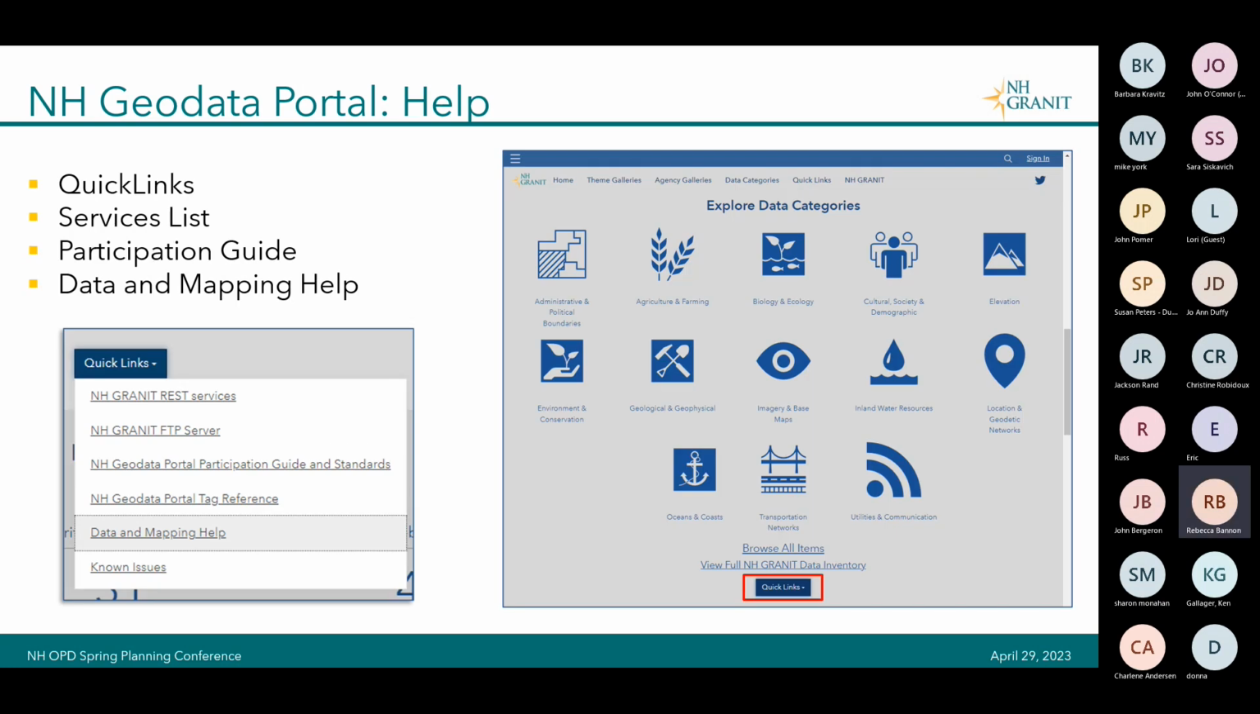I also wanted to point out this quick links button. Under that link to the data inventory is quick links. This has some more resources. It has a list of our services. These are a way to connect to the data set